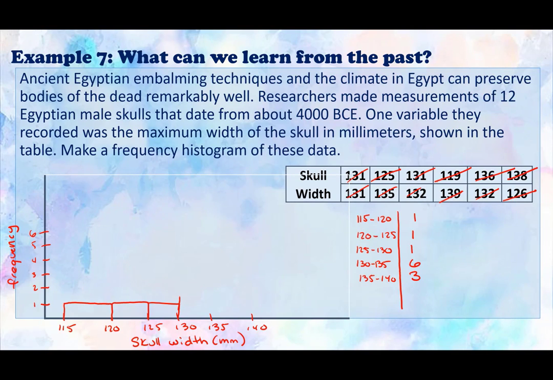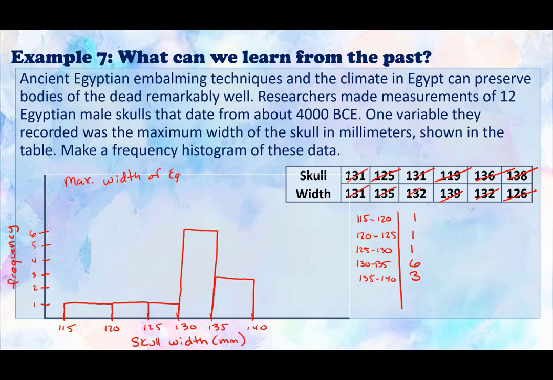So we're going to go all the way up here where all the bars are touching. Come on over, come back down. And the last one is at 3. So we're going to come up from 135, come down, and come down like that. So now we have a histogram of the maximum width